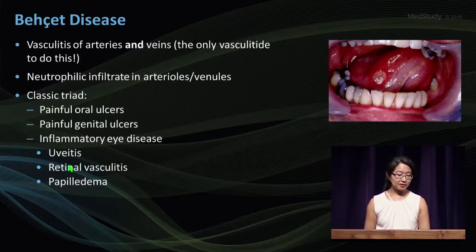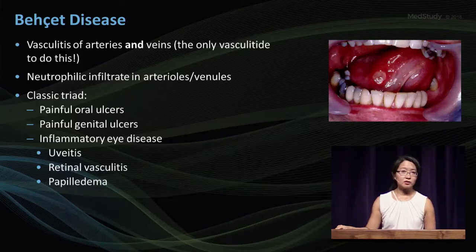Inflammatory eye disease can be uveitis, a retinal vasculitis, or papilledema. Sometimes it could be painless, so it's important in somebody that you suspect to have Behçet's to go ahead and send the child to a pediatric ophthalmologist. The ulcers themselves are very, very painful, and they usually occur in crops, and they take a long time to